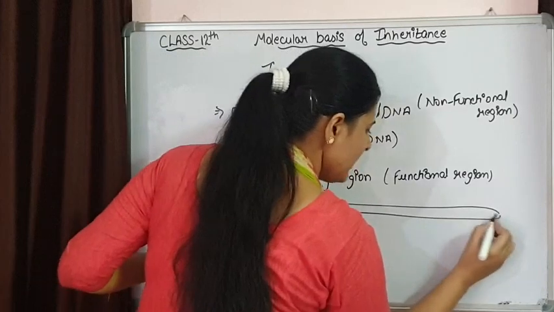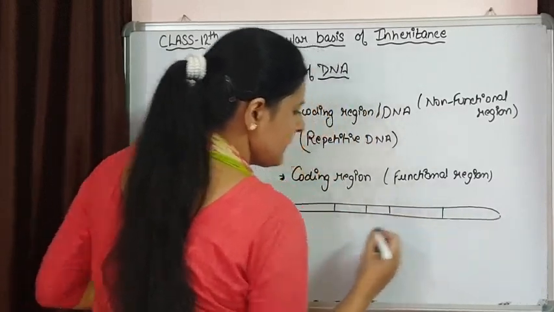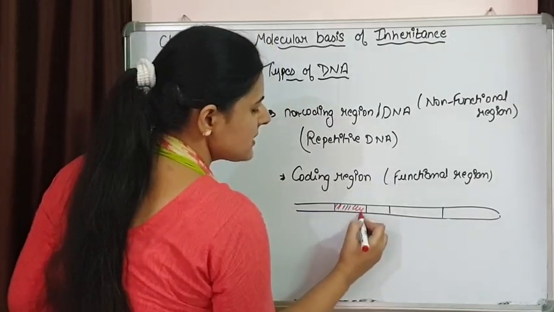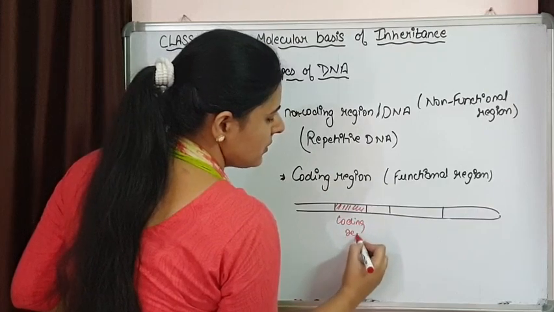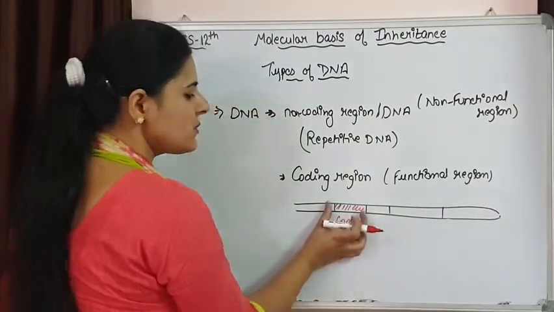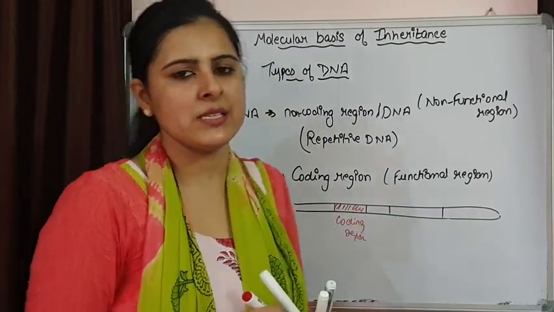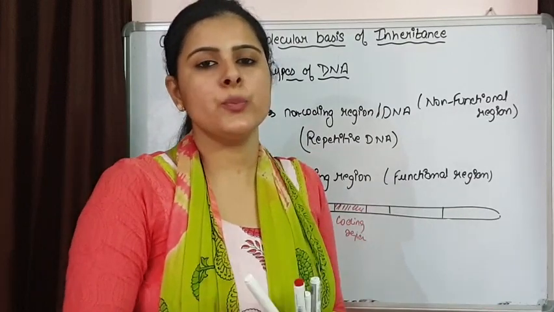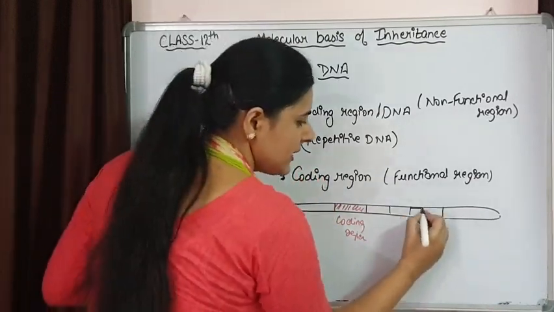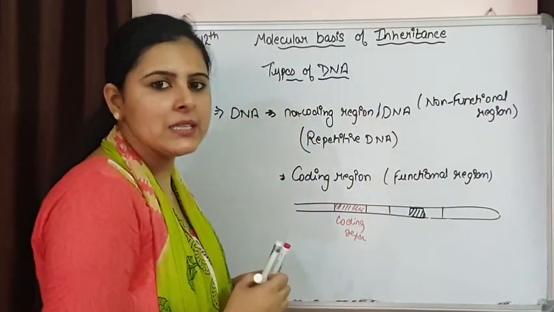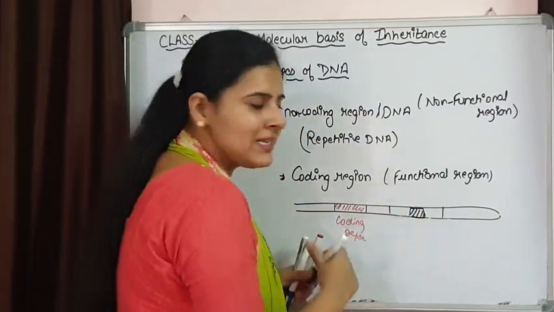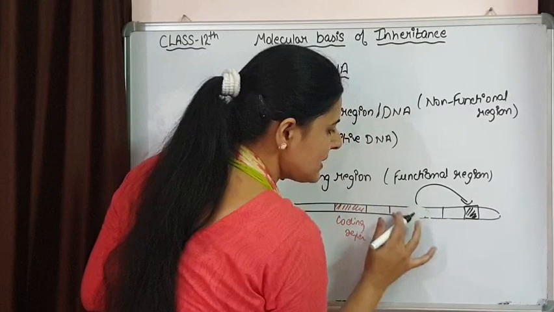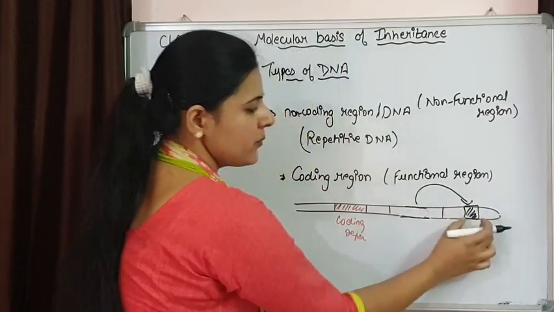This is all the non-coding region, and in this non-coding region we are going to find some region that is behaving as coding region. So this whole is a non-coding portion, and this small portion that is lying in between is behaving as a coding portion. Some of the DNA segments can change their position. Say here a DNA segment is present, and this DNA segment can move from this place and shift to another place. So it will be removed from this region and move here.